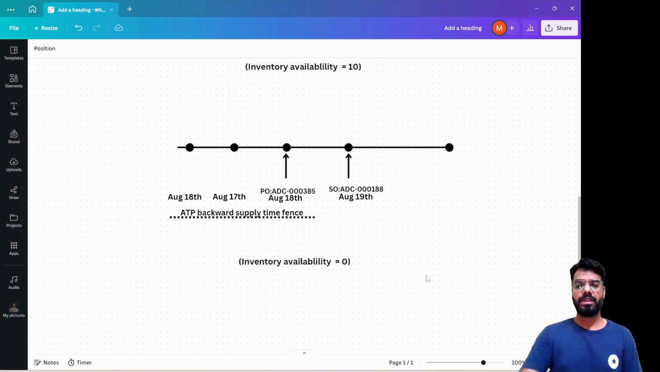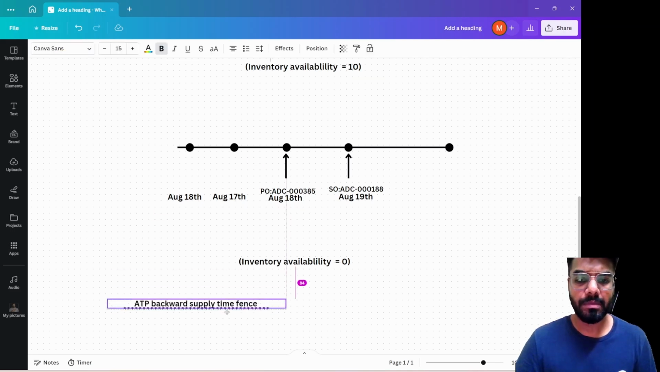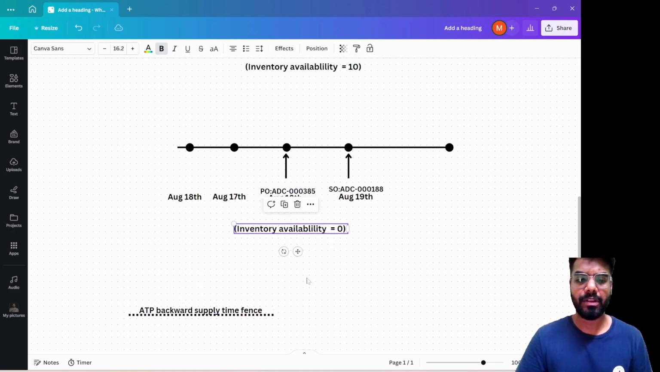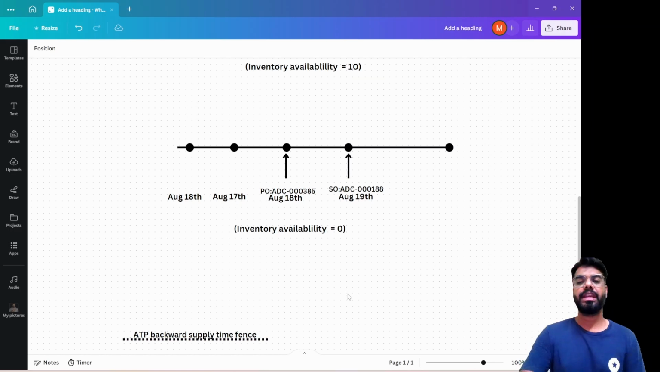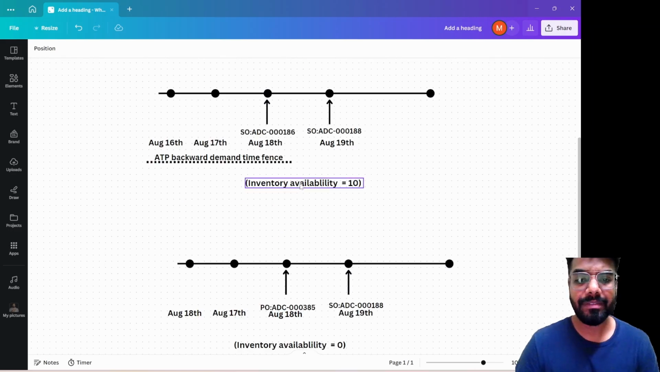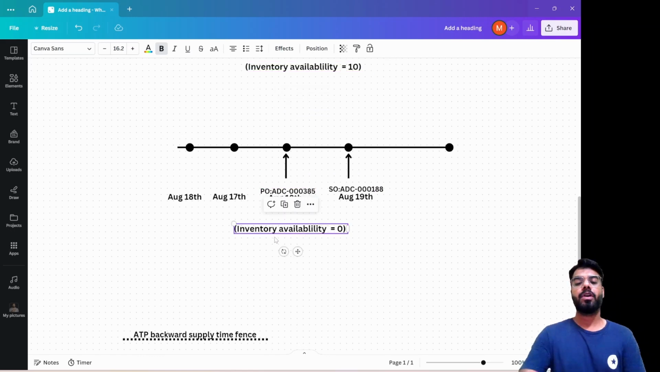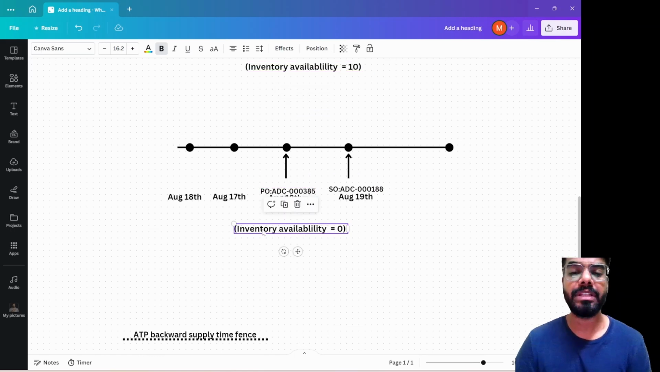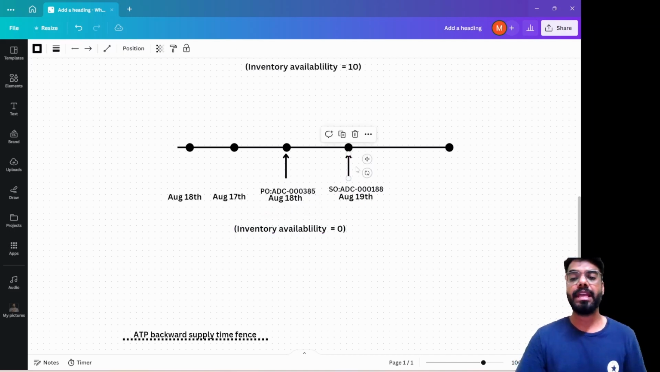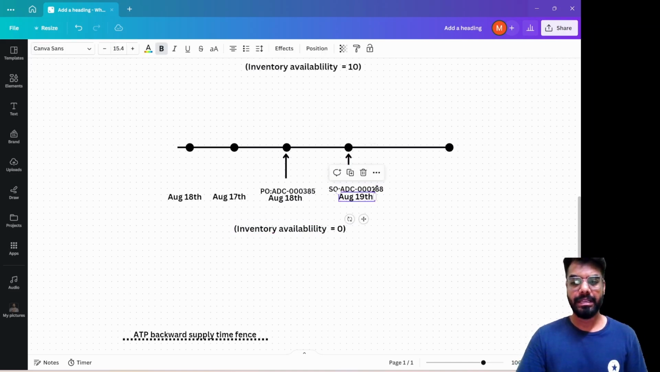So the third scenario is almost similar to our previous scenario, but now the small change in the logic is, previously we had a stock of 10, but now we do not have a stock of 10. We have 0 inventory stock for a specific item, and I'm trying to put a sales order for that item today. Since 0 inventory is available, realistically the system will automatically